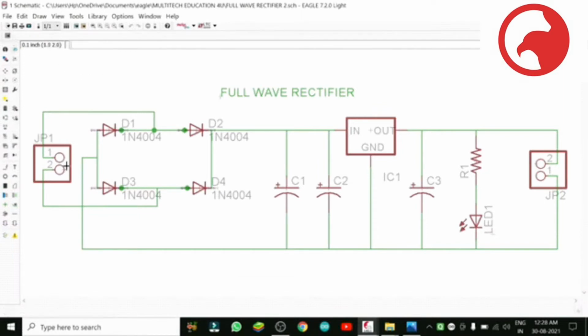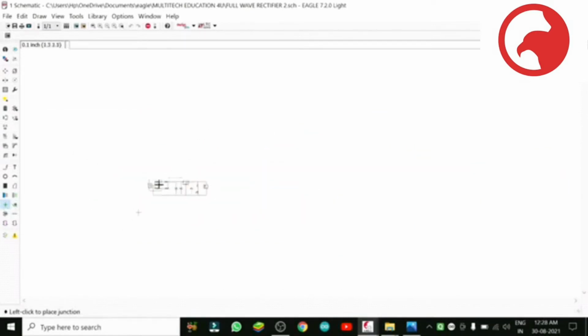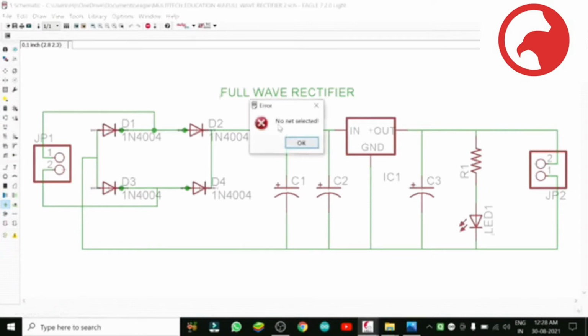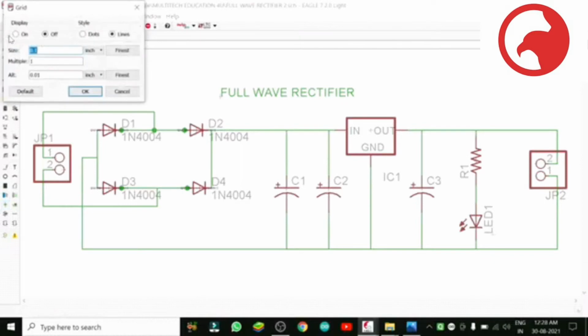So first we will go to the grid. You know, the grid is the most important part. If you want to put some node without grid, it cannot be placed. You see, because there is no grid, it is asking for net. Net means grid. So first we will select the grid, and remember this value always, 0.635 mm, so that whenever you make the printout of this sketch, board or anything, it will come out the same size.